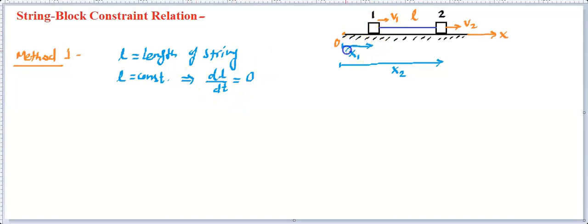Now as far as this x1 is concerned, this x1 changes. So can we write dx1 upon dt? If somebody asks what is dx1 by dt, we will say this is the rate of change of position of this first particle with respect to origin. And the rate of change of position of any particle with respect to origin is called velocity. So that will become the velocity of the first particle, that means it's going to be v1. Makes sense? And if you differentiate x2 with respect to time, you'll find it's going to be v2.